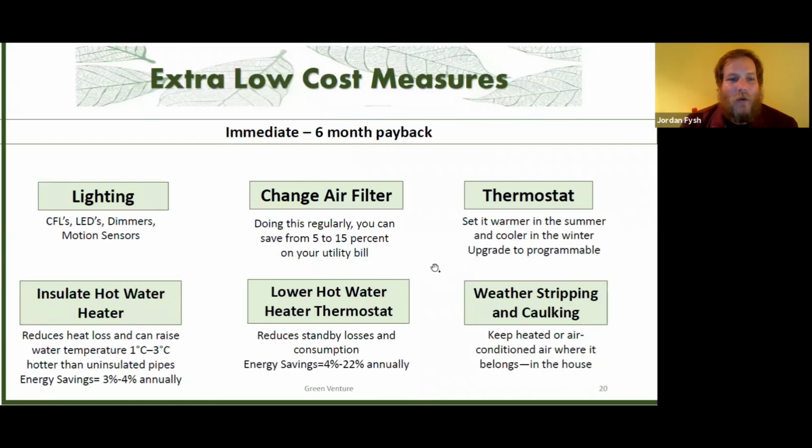Extra stuff you can do. If you haven't already, you can switch over lighting in your house to be more efficient. LEDs are better than the compact fluorescents for reducing energy, but you could also change your switches. You can do dimmers, motion sensors to make sure that those lights are only on when they're needed. Make sure you service your air handling stuff. So change your air filter,